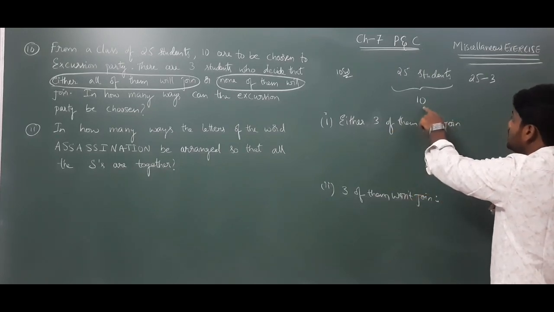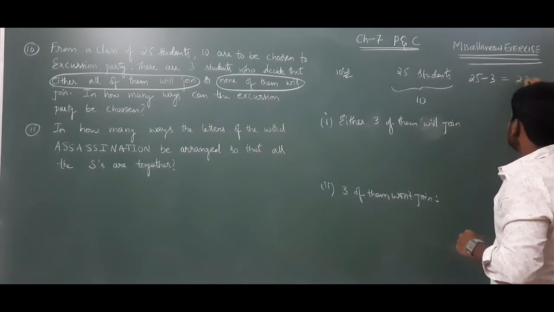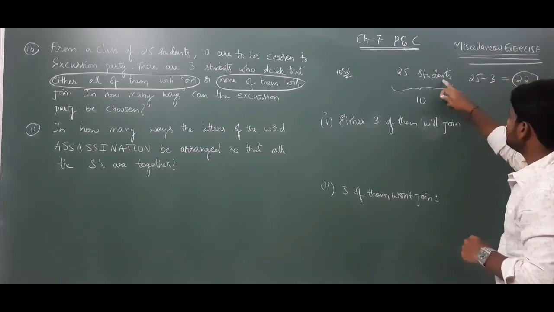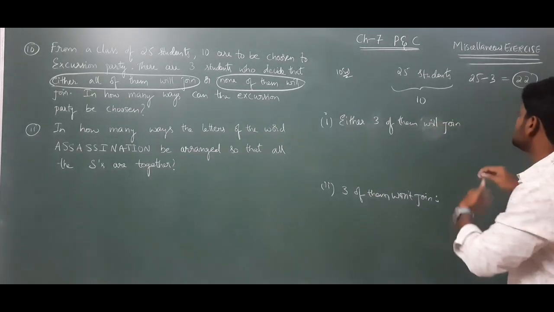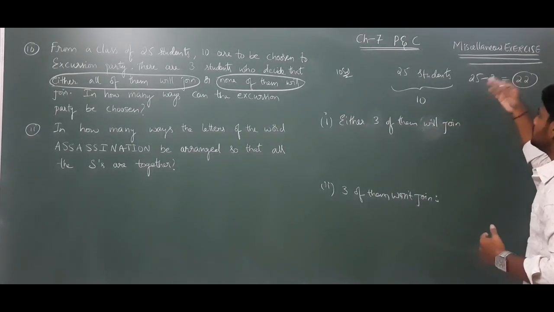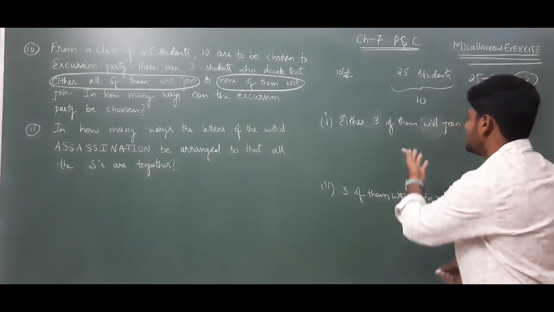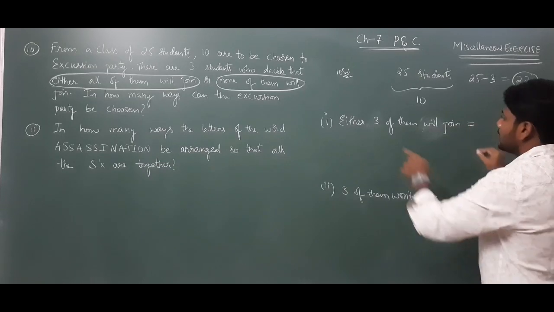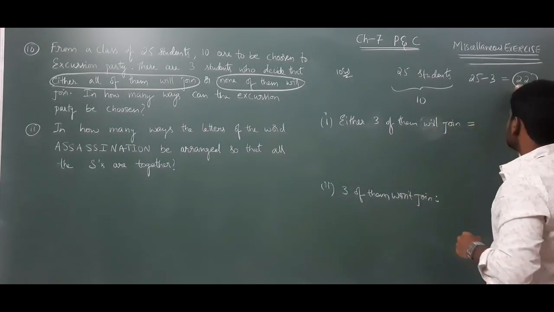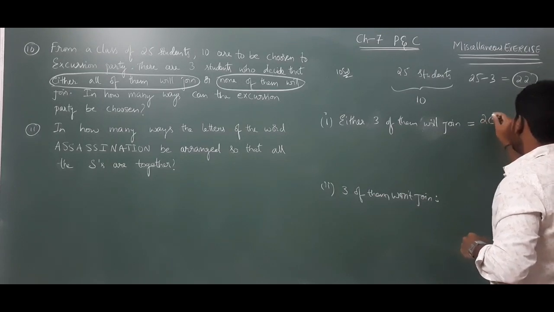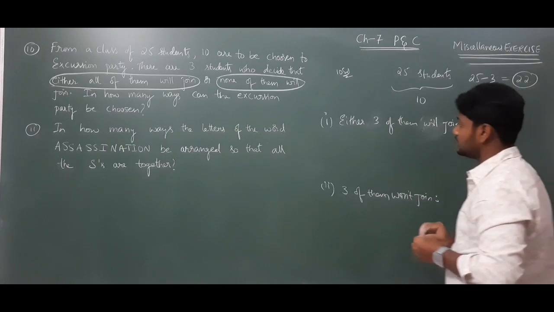That means remaining how many do we need to select? 7, right? Out of 25, in that 10 list, 3 have already come. That means remaining how many are available? 22. How many need to be selected? 7 members. Why? Because 3 are already selected. Therefore, if 3 of them will join, for that 10 list we need to select in 22C7 ways. I hope you understood.